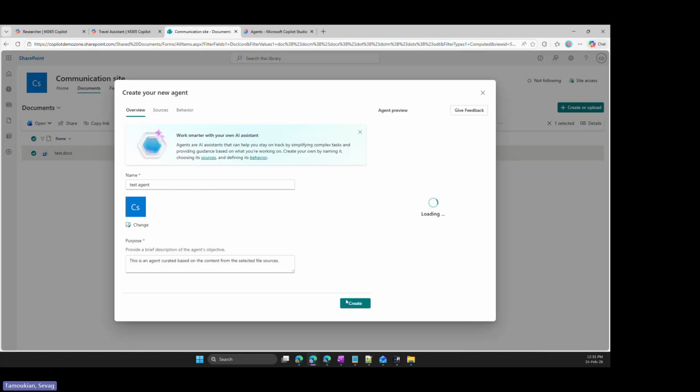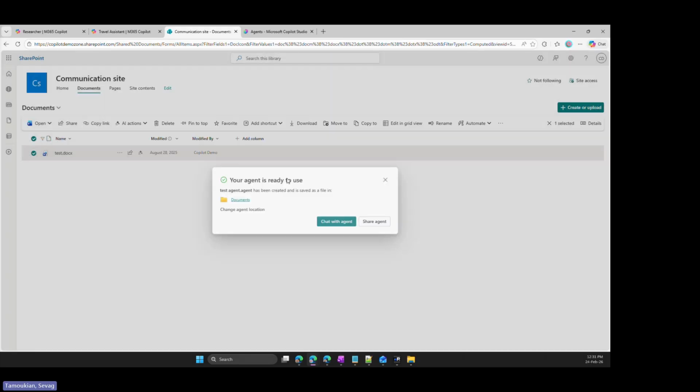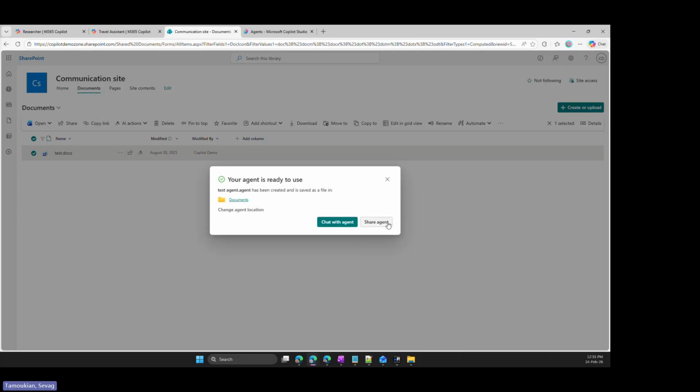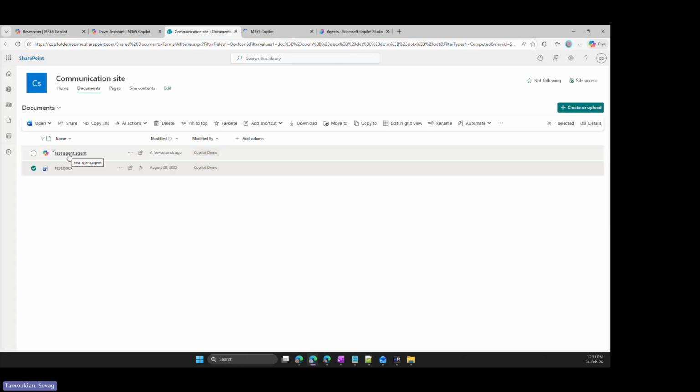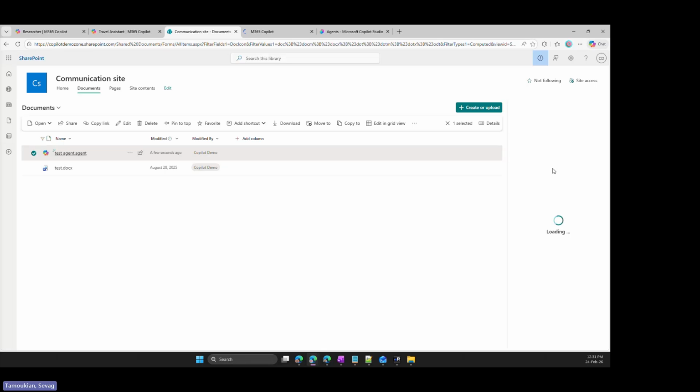Basically, literally with this one click, I created a SharePoint agent, and this agent will show up in the document library. And this is where I can access it from. To chat with this agent, I can again share this agent with others. And this agent only responds from the files that I selected during the creation of the agent.